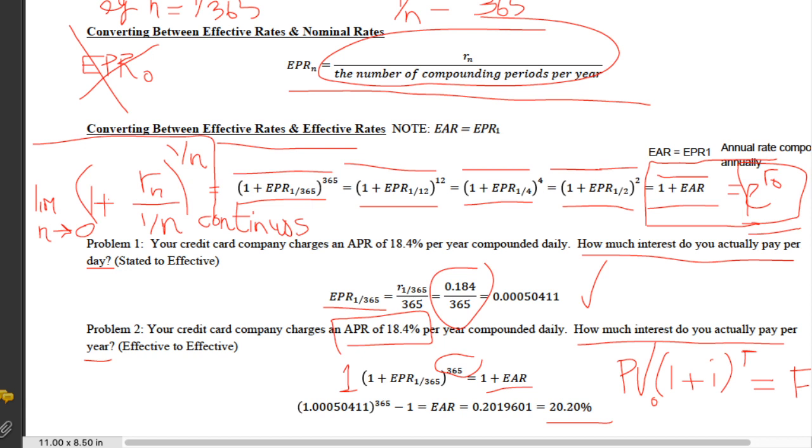Any questions so far? You might be blown away. Maybe you saw this before. So the smallest interval is continuous compounding. It's infinite. It's infinitesimal. I don't know. I used to make drawings of this, but